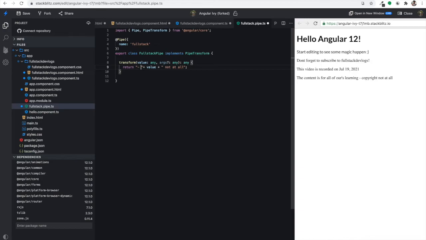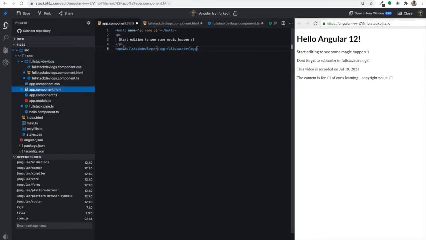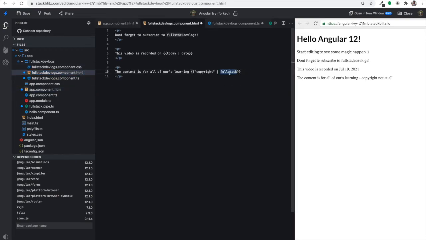So we are done with this, and we have seen how we have created a new component, full stack devlogs, how we have created a new pipe, how we have used the newly created component, and how we have used the newly created pipe here, and what all we can do with this.